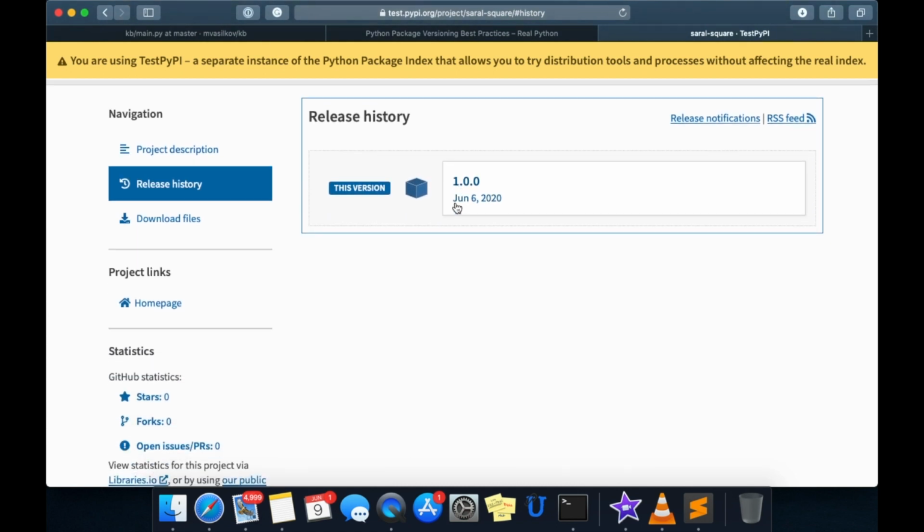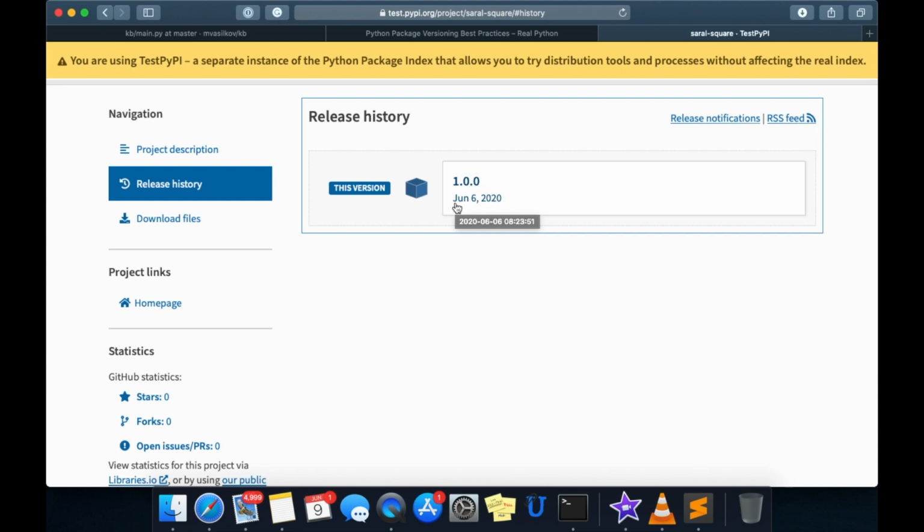The first number is incremented if there is a major change, like your module needs a new third-party module, etc. The second number is incremented if a minor change is made in terms of adding a new feature, etc. The third number is incremented when patches are added or bugs are removed. And if we need to make certain changes in our code, we need to push a newer version to PyPI, or PyPI won't accept the changes.